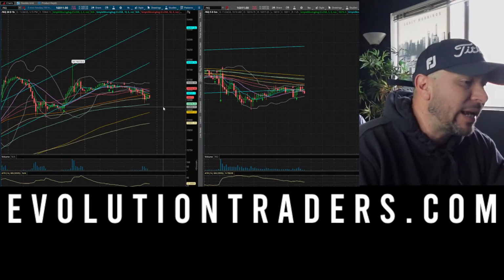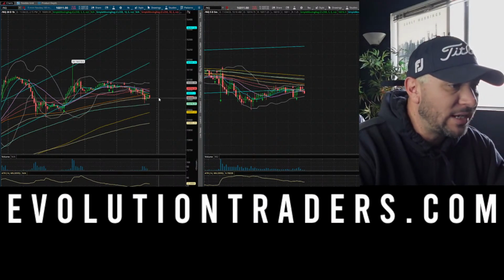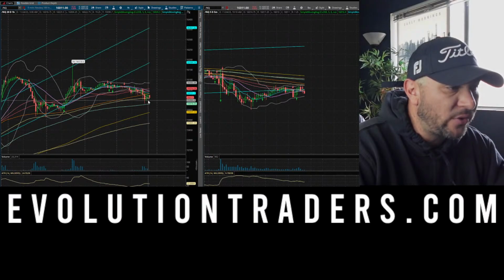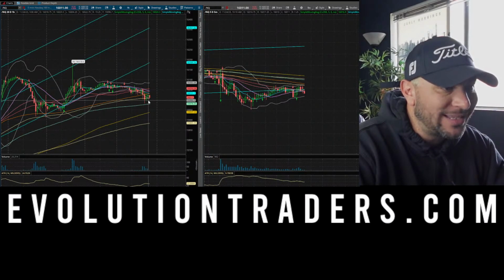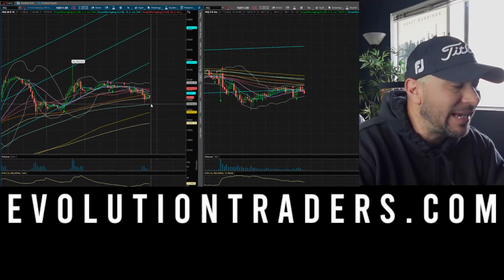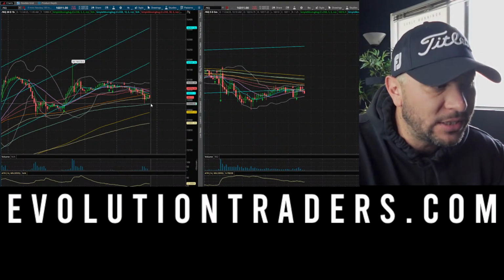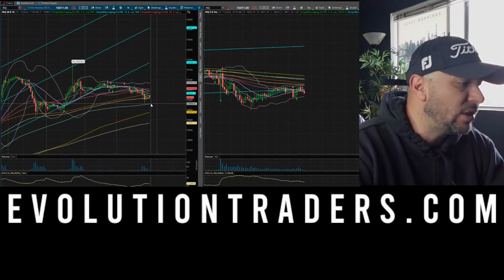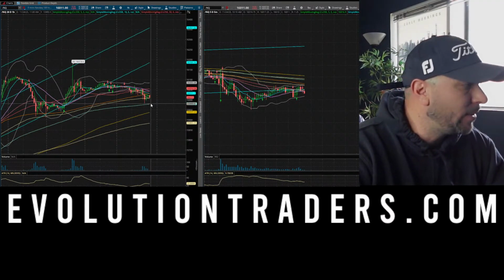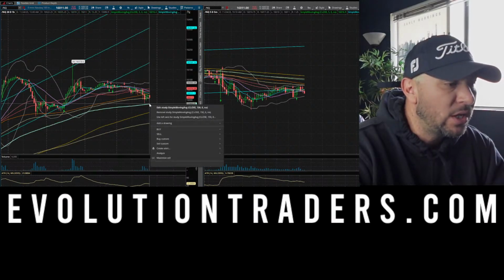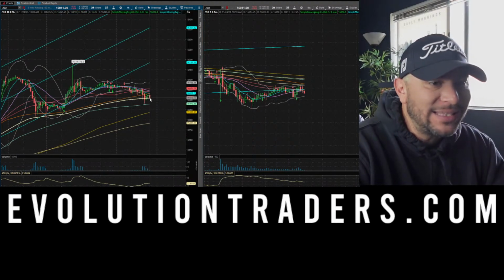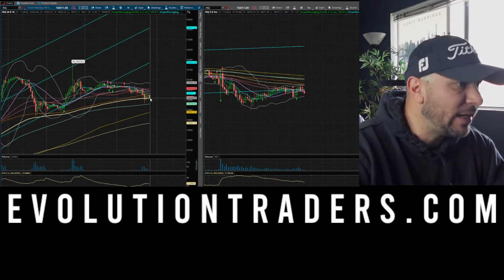Some of the levels I will be looking for going into the overnight session on the NASDAQ is a loss of this little 3-hour channel here. That price is going to be somewhere between 15,996 and 15,978. We obviously know the market doesn't move a whole lot in the overnight session. So if you're able to grab 5, 10, 15 points to the downside on this little back test into rising support, which is the 150-day simple moving average on the 1 hour time frame, then take some profits and start your Monday on a good note.